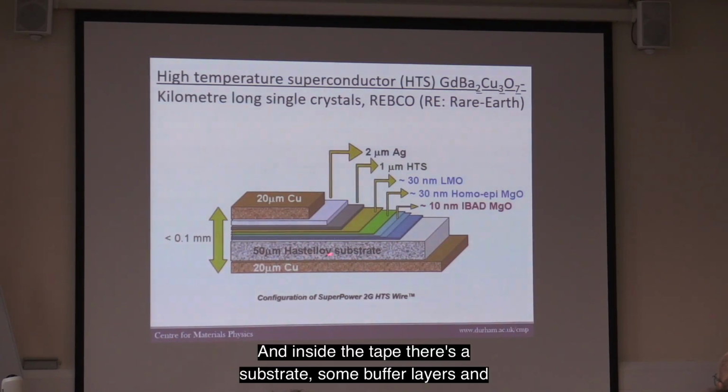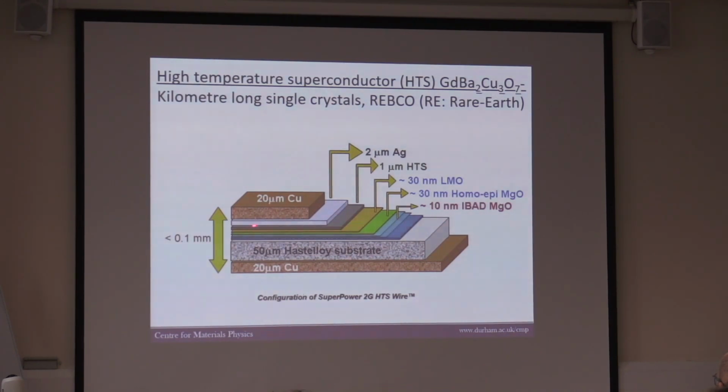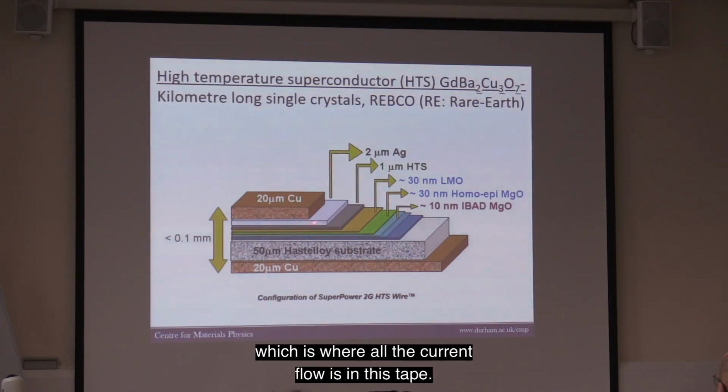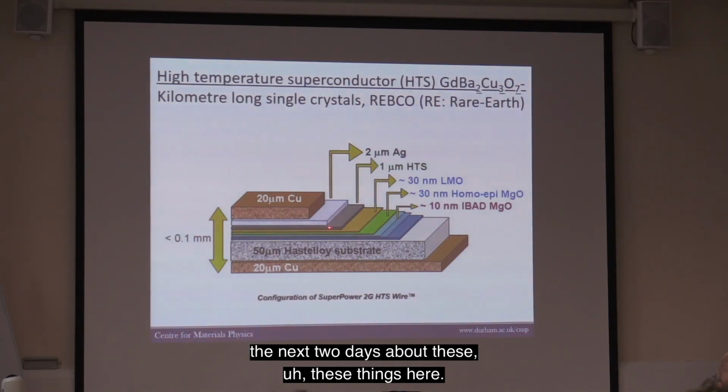And inside the tape there's a hastelloy substrate, some buffer layers, and a high TC superconducting layer that's probably 1 or 2 microns thick, which is where all the current flows in this tape. So there are all these components here. I'm not going to talk about that in this lecture. Of course, you can ask any of the demonstrators or myself during the next 2 days about these things here,